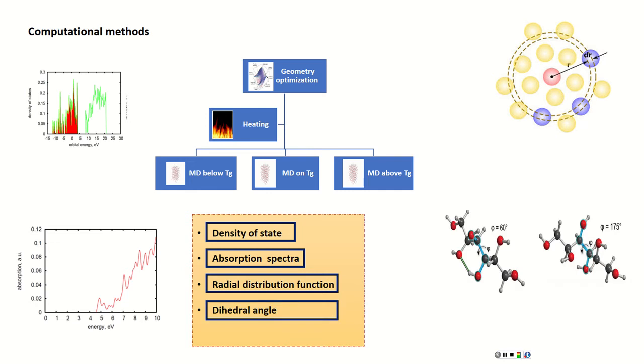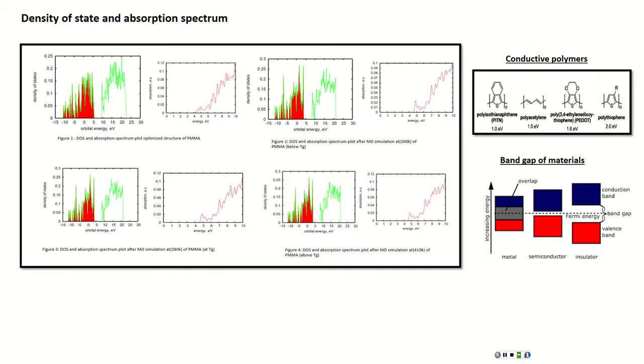And how the diagonal angles changes at these 3 different temperatures. So if you look into the density of state at 3 different temperatures, so I could say that the first temperature is below glass transition temperature is 300 Kelvin, and the glass transition happening